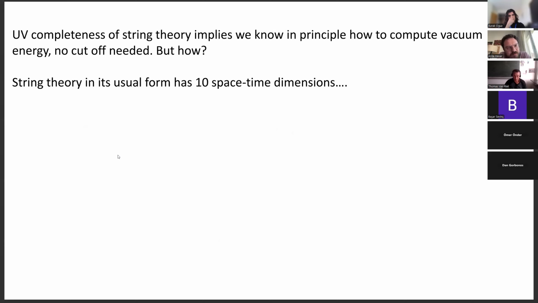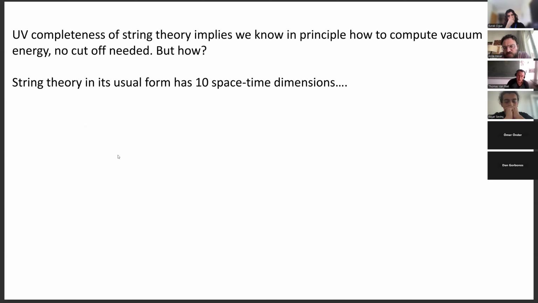So the great thing about string theory, whether you believe it's a theory of the real world or not, I think is not so important. Think of it as a theory like the Ising model. It allows you to do computations. And I think it's amazing that we have a theory that includes gravity, where we can at least compute things like a cosmological constant, vacuum energy, because we don't have a cutoff. So we know how to do the calculation, right? So how do we do the calculation?